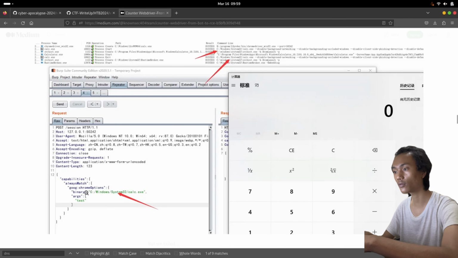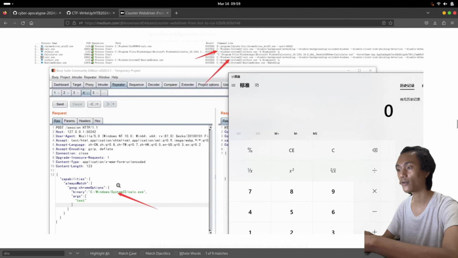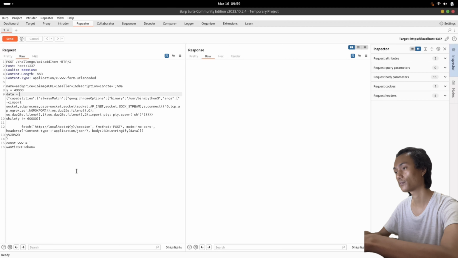So the default value for the binary is Chromium. If we specify /usr/bin/python, the binary will point to the Python binary, and with the arguments that we specify, we can build a reverse shell.